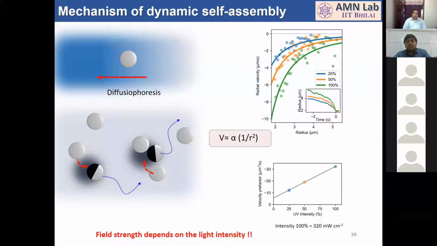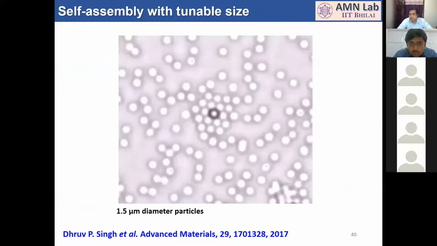So one thing is very clear here, that this whole chemical activity is governed by the intensity of light. By controlling the intensity of light, we can simply control the interaction strength between the nanomotor and the surrounding passive colloids. And this dynamic control over the interaction strength by changing the intensity of light provides a very, very nice way to tune or control the size of the structures. Let's see how.